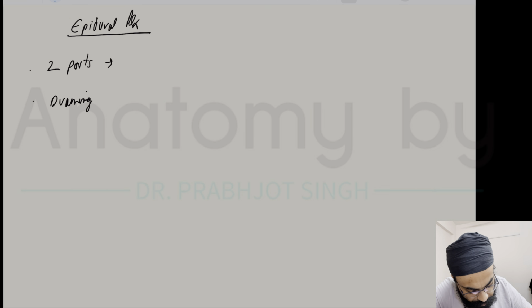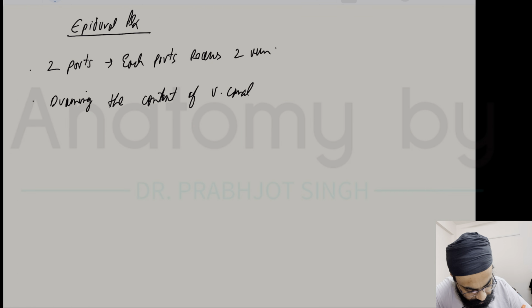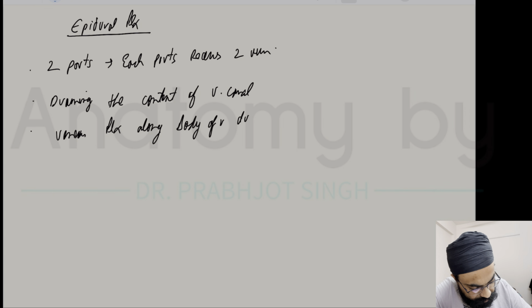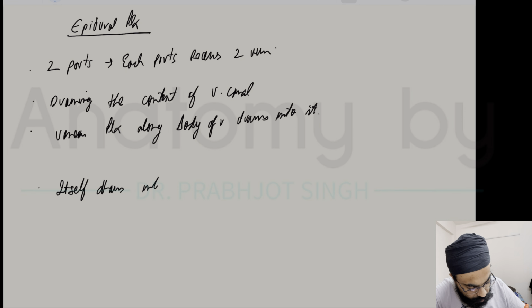Each part receives two veins draining the contents of the vertebral canal, as well as the venous plexus along the body of vertebra drains into it. Okay, and it itself drains into